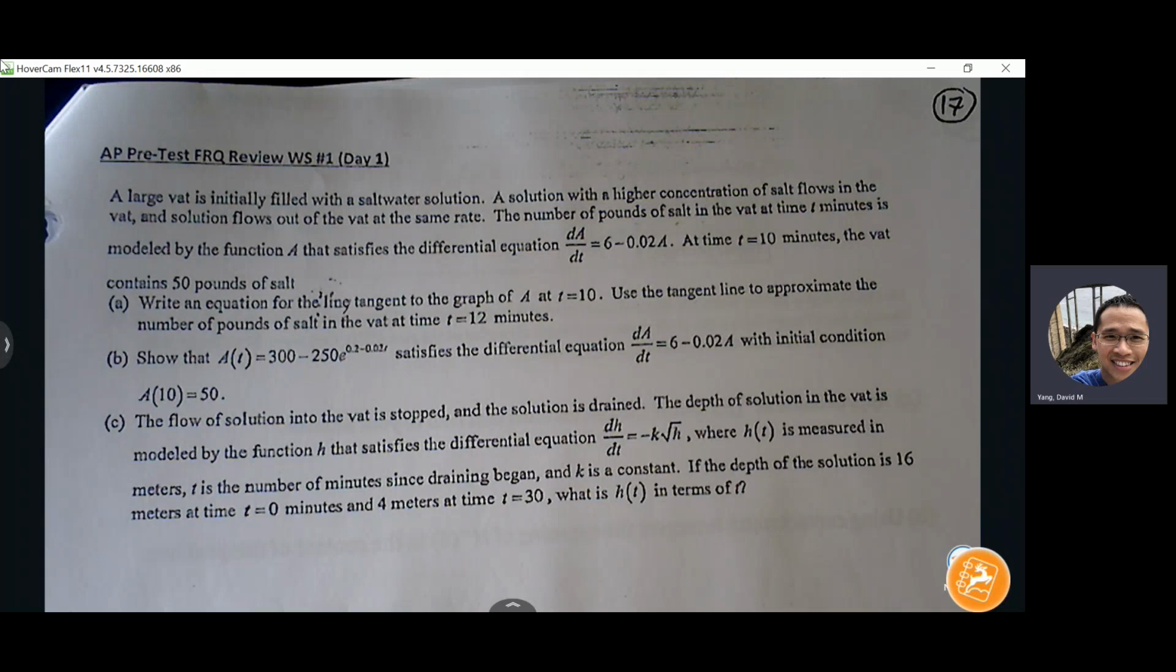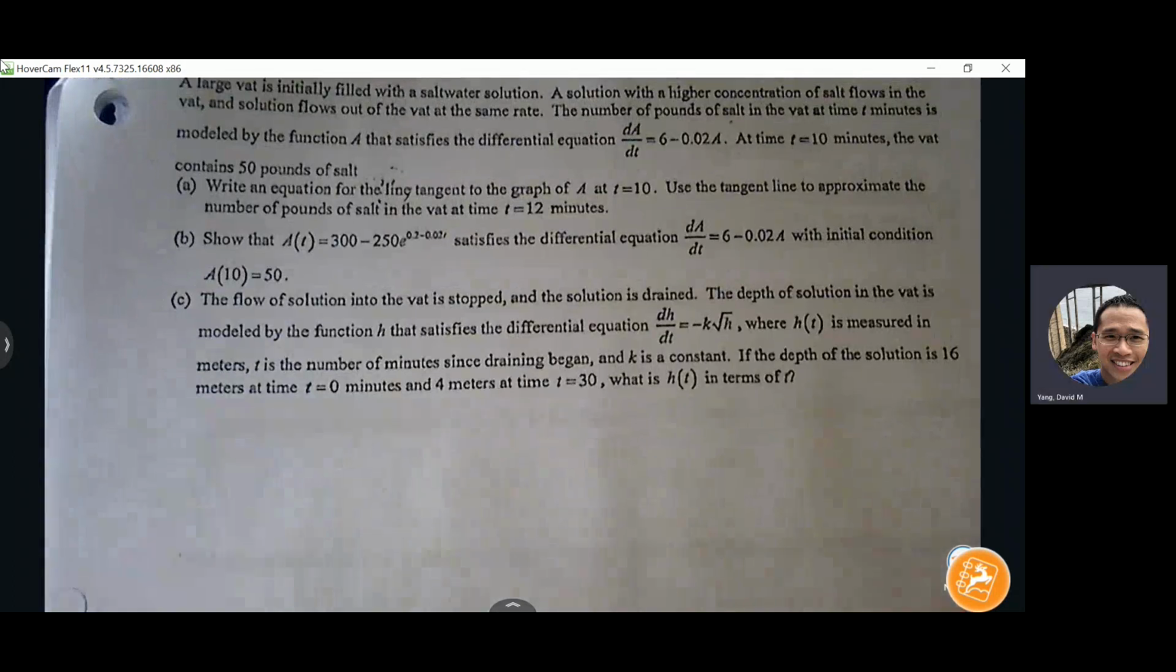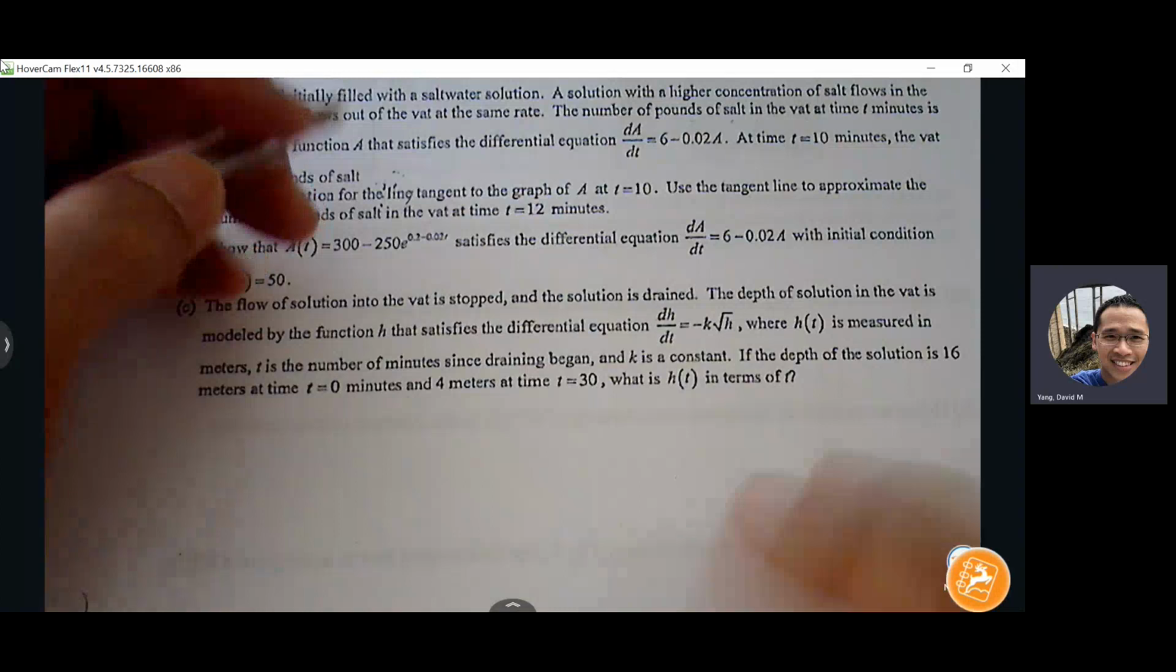Use the tangent line to approximate the number of pounds of salt at time t equals 12 minutes. So this is a tangent equation followed by linear approximation, right? So for the tangent equation, we typically